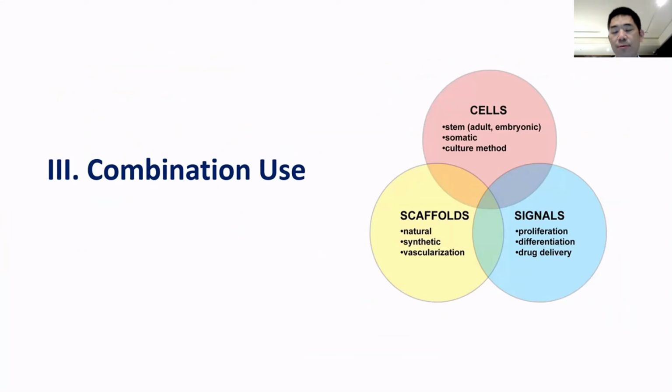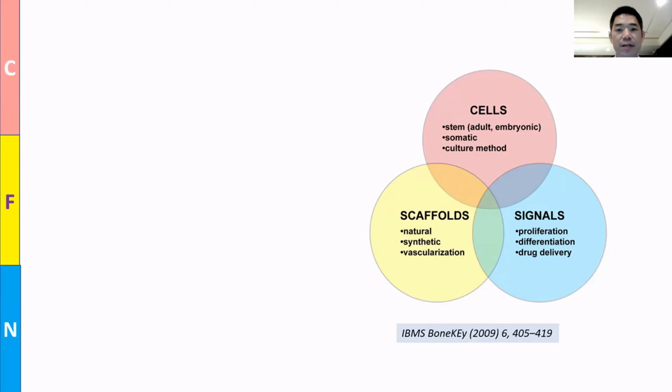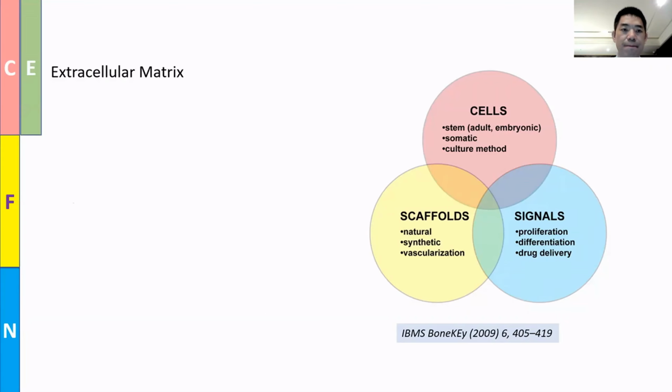So after the three types of injectable scaffolds, I would like to share with you the combination of these Trinity components. To make it very clear, I will show on the left column of the slide which components are used, namely the cells for C, biosignals for N, and scaffold for F. We also add the extracellular matrix for E because some of the so-called scaffolds are just made from homogeneous extracellular matrix,